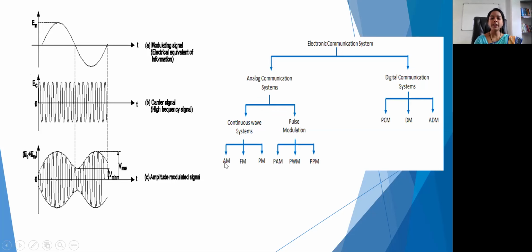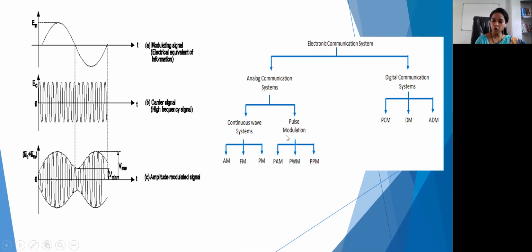Okay, so it can be modulated in three ways: AM, FM and PM. So what are these three things? Amplitude modulation, frequency modulation and phase modulation. Okay, because in any sine wave you have these three terms associated with the signal. एक क्या रहता है? Amplitude, frequency और phase. All these things we saw when we studied the sine wave in our last class. Okay, so you must remember all these things.